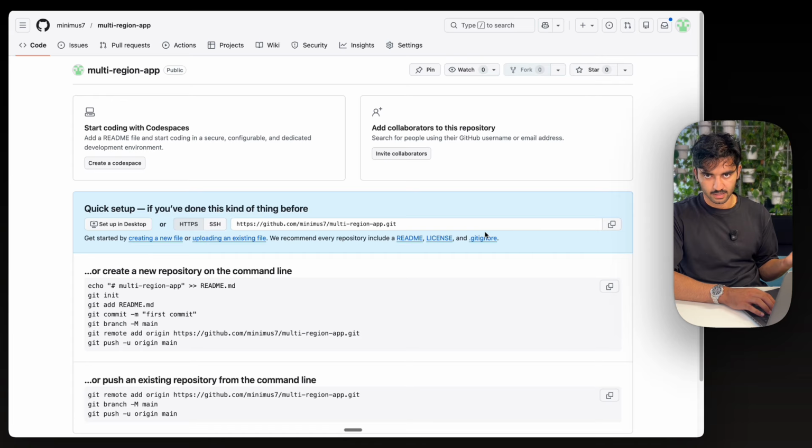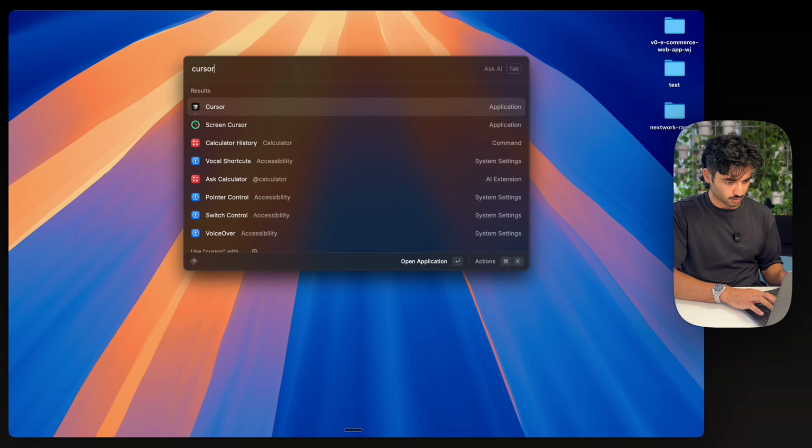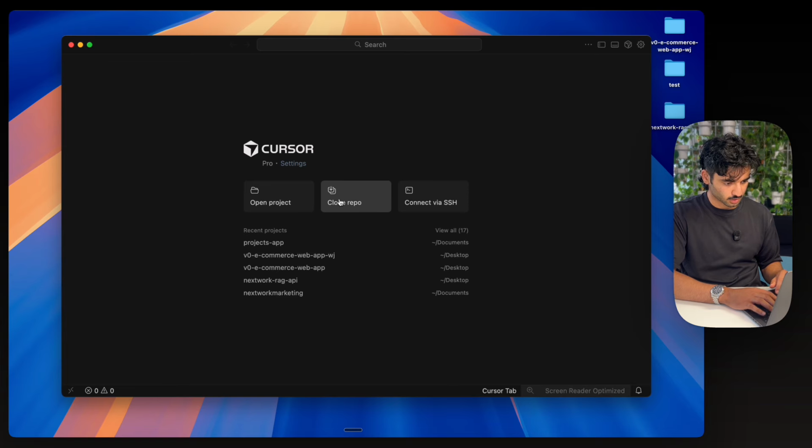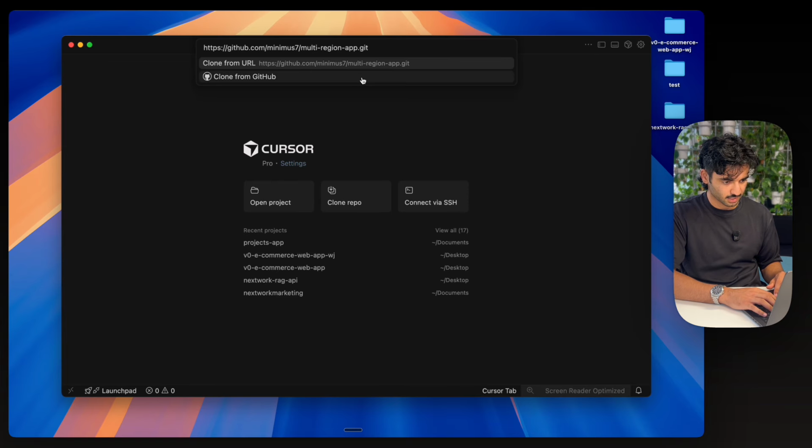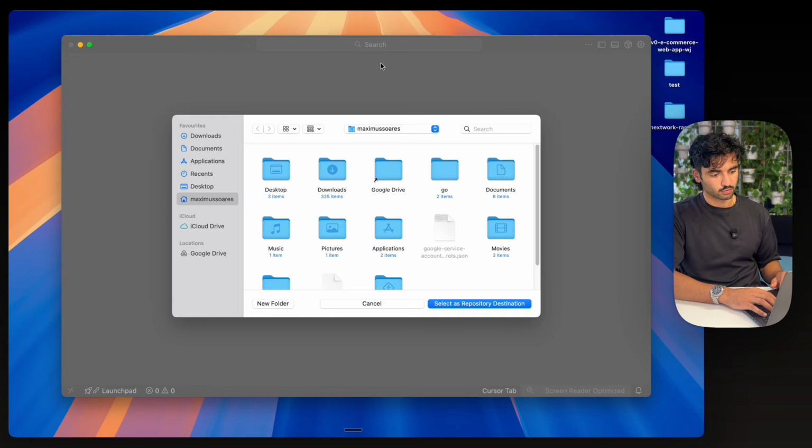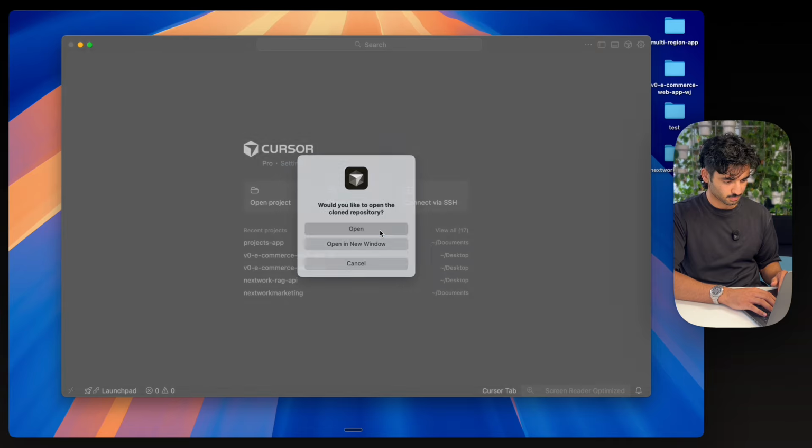You can use any IDE you want, but we're going to be utilizing some of the AI chat features within Cursor to help speed up this process. So I'd recommend things like Cursor or Anti-Gravity, or you can use VS Code, but maybe using something like Claude Code could be cool as well. So I'm going to go ahead, open up Cursor. I'm going to clone a repo, paste in my link here, and clone from URL. It's going to ask me to save a destination. I'm going to save it on my desktop and hit enter. And then open this up.